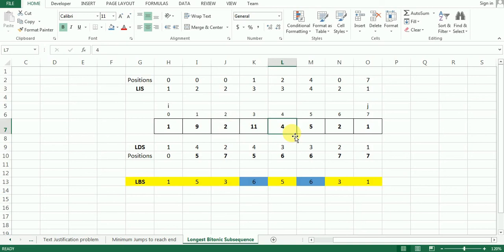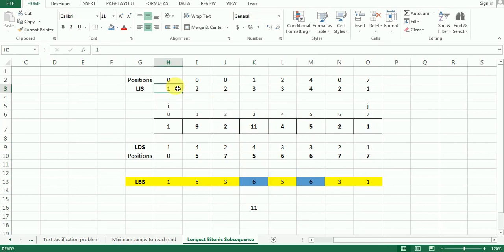Now let's find out the components of the LBS. So I'm going to start from here. You can also start from here because we are getting 6 over here. So this 5 also can be the reference point, but it's right here in the middle. I love this place, so I'm going to start from here. So 11 is going to be the first component of my LBS. All right, now on the left, the sequence is going to increase. So I will find the components from here.